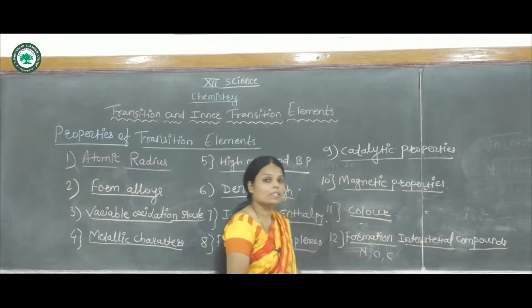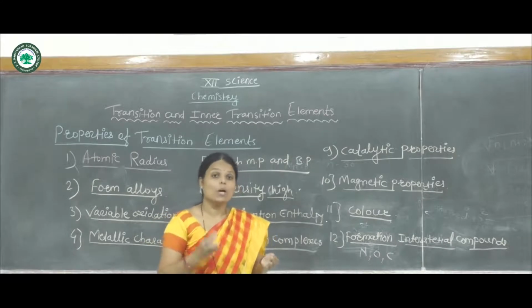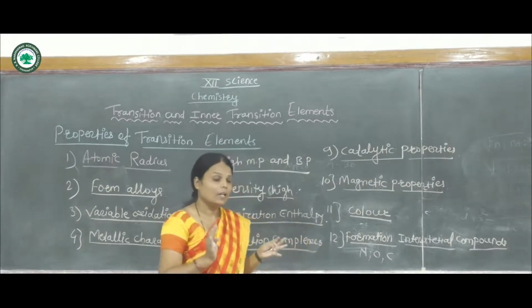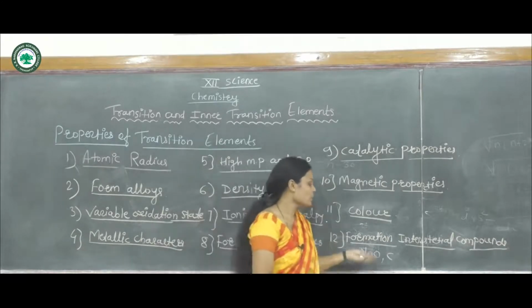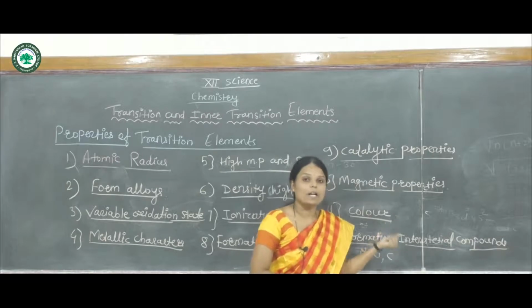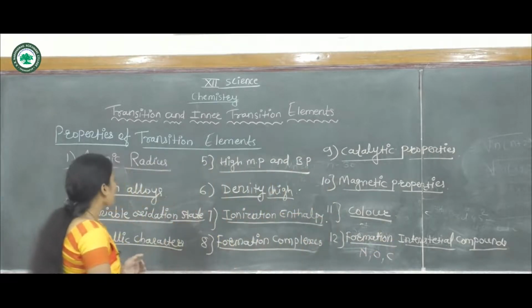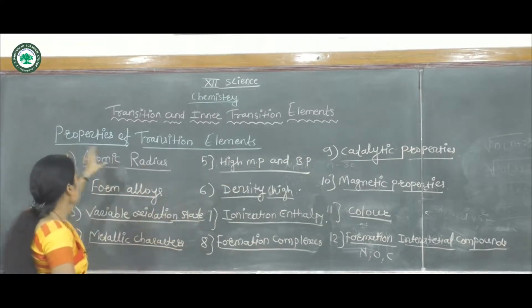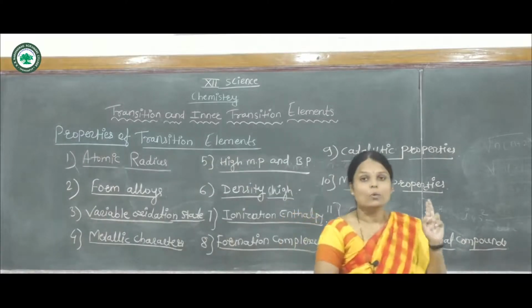Another example is sulfide and oxide. Sulfide and oxide are also trapped in the crystal lattice, and it can show the formation of interstitial compounds. These are the properties of transition elements. All of these properties of the transition elements we can discuss